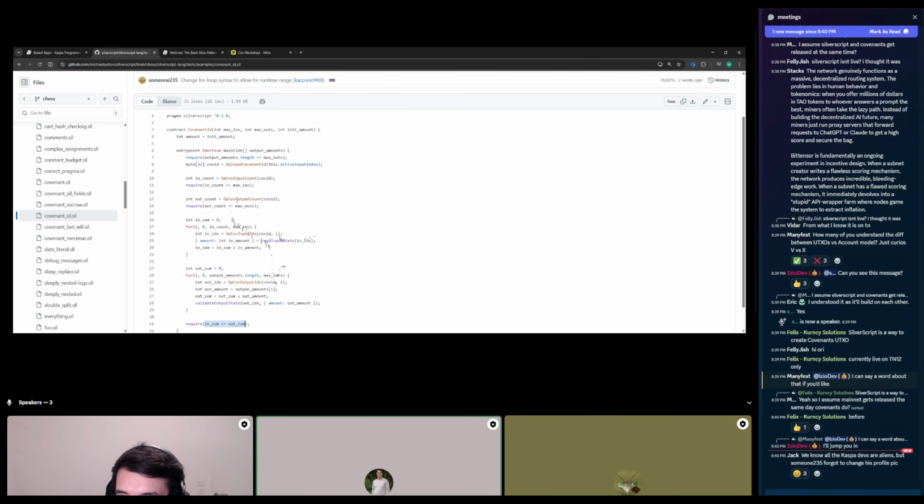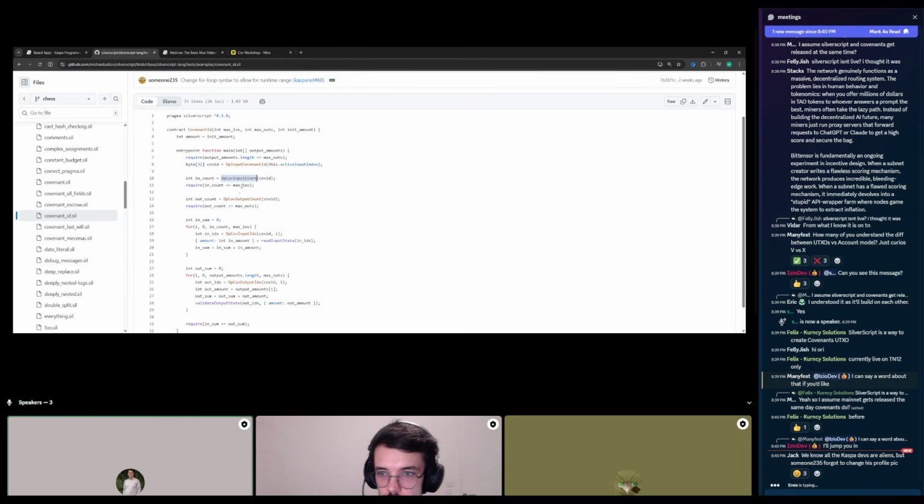And there are a few very specific opcodes and built-in functions used in this example. Essentially, OpInputCovenantId allows you to read the covenant ID of this input. Then you can read how many other inputs, including myself, belong to this covenant ID.